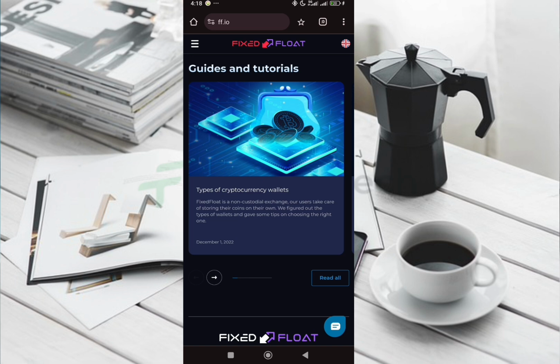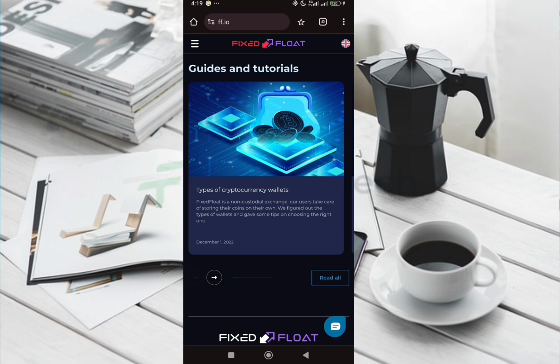How do you swap from one cryptocurrency to another? Let's assume you need Solana as a gas fee for an airdrop. You can imagine the transaction fee that will be deducted when transferring from a CEX, like Bybit, to a DEX, like Phantom Wallet. This is where FixedFloat comes in.